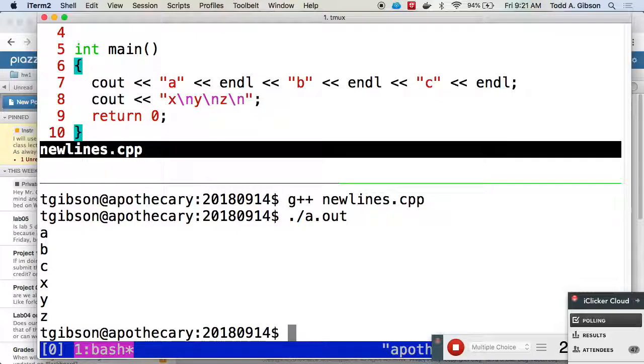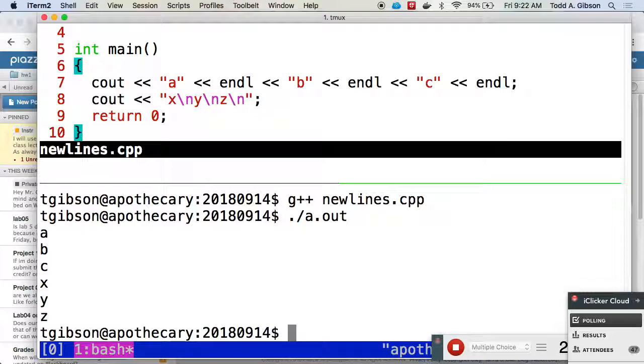So what endline is doing is it's merely putting a single character. If I was to say it properly, I would say that endline is putting a new line character into the output stream. And the new line character, if I wanted to literally represent that, is a \n. Why the backslash? Because if I don't have it, it's going to put a letter N into the output stream.